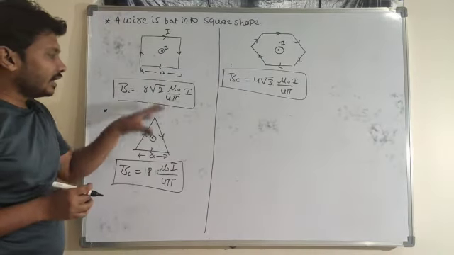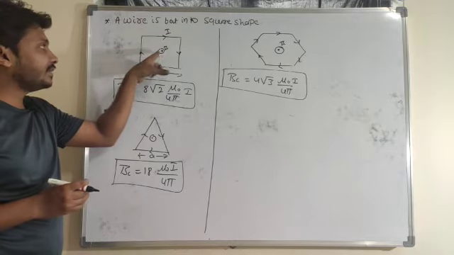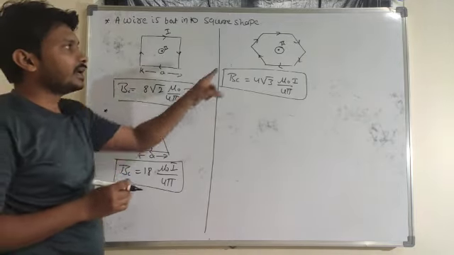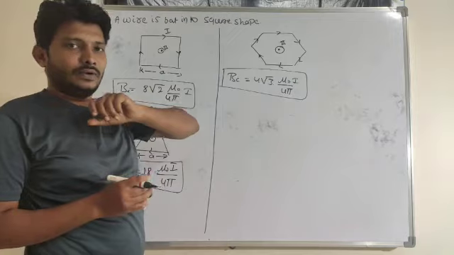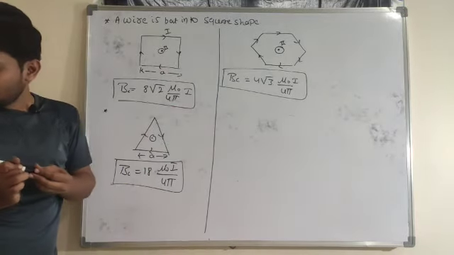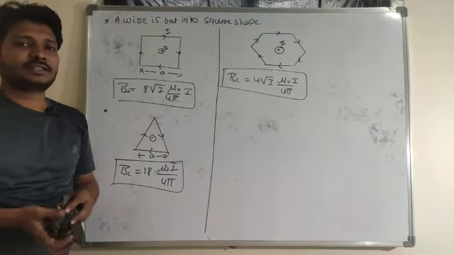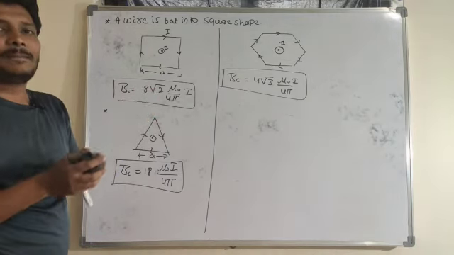So this is the connecting formula to determine the magnetic field at the center of the square, the center of the triangle and the center of the hexagon here. So hope you are understanding these things. Now let me consider two wires here. These two wires I will place in a parallel manner.